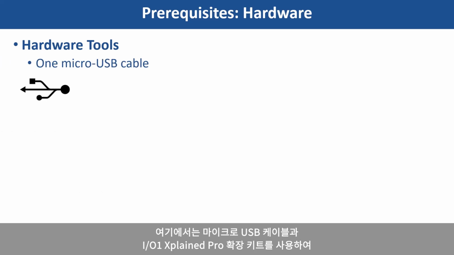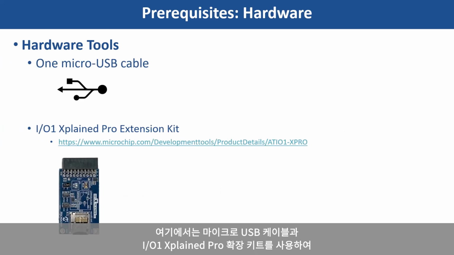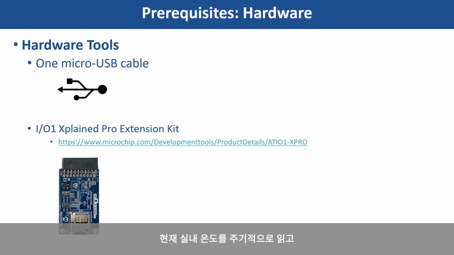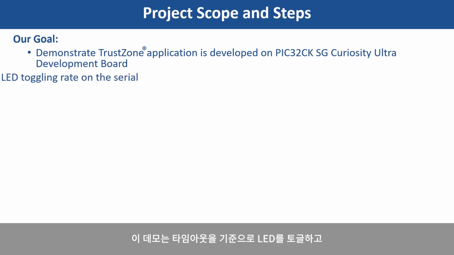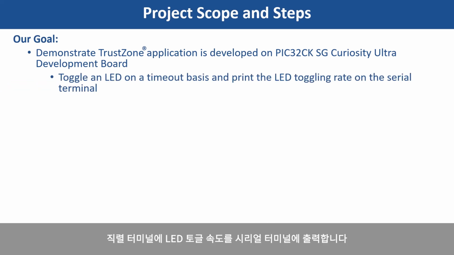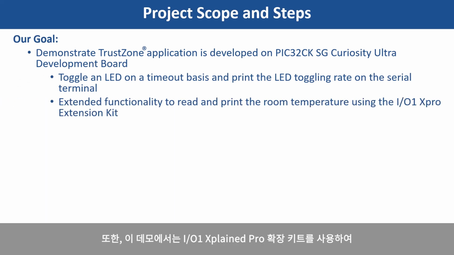Here, we also use a micro USB cable and an IO1 Xplained Pro Extension Kit to test the extended functionality to read and print the current room temperature periodically. Our goal in this video is to demonstrate how a TrustZone based application is developed on the PIC32CK SG Curiosity Ultra development board. The demo toggles an LED on a timeout basis and prints the LED toggling rate on the serial terminal. Also, the demo has extended functionality to read and print the current room temperature using the IO1 Xplained Pro